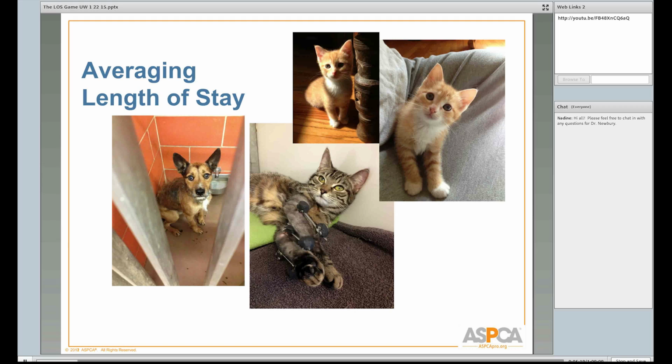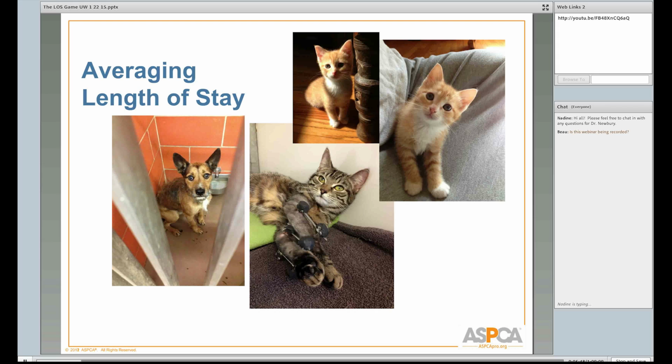So if we think about these pictures, if this little kitten spends a day or less in the animal shelter, which is probably all she might need to convince somebody to adopt her, and that was in fact the truth, because she went through foster care and got adopted from foster care, then we have more care day dollars to spend on these other animals, this injured kitty or that scared dog.